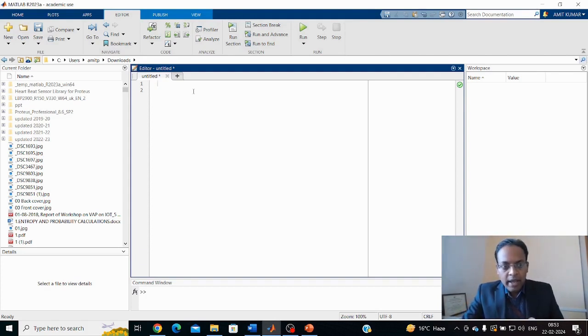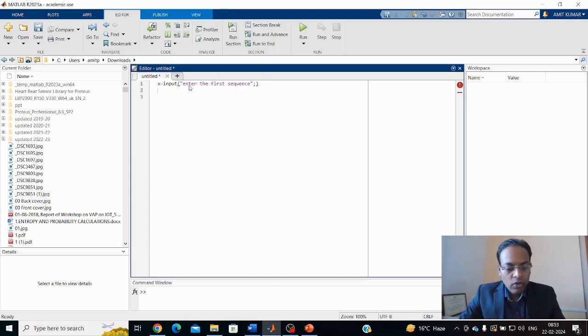So here we have to write the command x equal to input, enter the first sequence. So this input will be taken from the user. After this, we want our graph to come in one window. One window should open. In this window, at the first position, we should get the graph of the first sequence. At the second position, we should get the graph of the second sequence, and at the last position, we should get